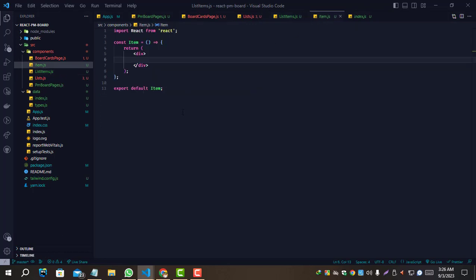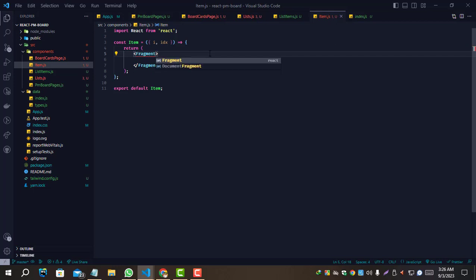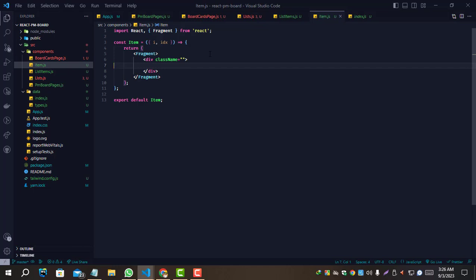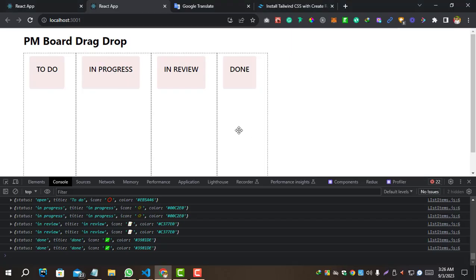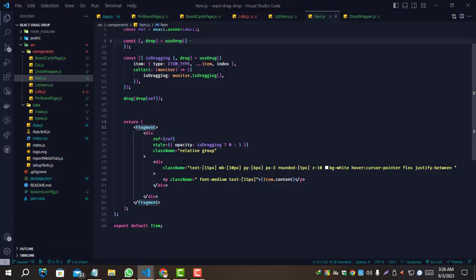And we will I and index, and let's design it. For that we need to fragment, and it's coming from React, and let's make a new div, and after that let's make a new div and pick all the class from the previous project, and for this at first we